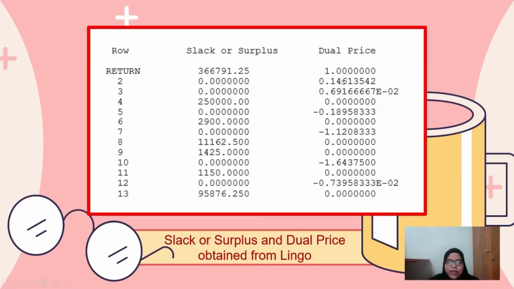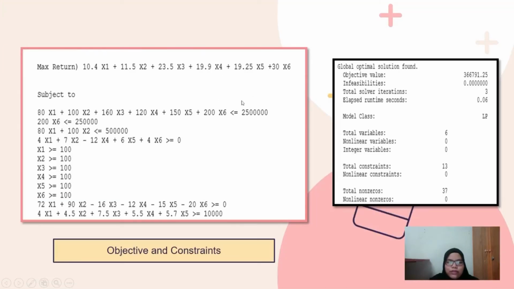As you can see here, this is the dual price value that we get from Lingo. So what is dual price and how does it work? The dual price of a given constraint can be interpreted as the rate of improvement in the optimal objective function value, where the right-hand side of the constraint increases with all other data held fixed. If the right-hand side of a constraint is changed, the dual price is the rate at which the objective value is impaired. So the value here, 0.1461, the dual price of constraint 1, means adding one more unit on the right-hand side of constraint 1 will cause the objective value to increase by 0.1461